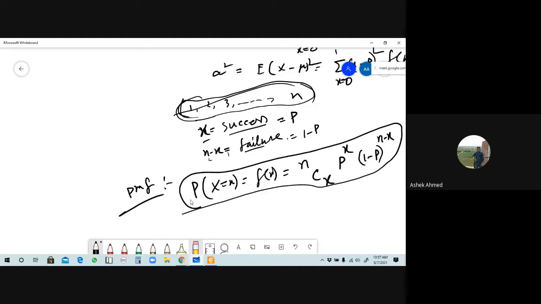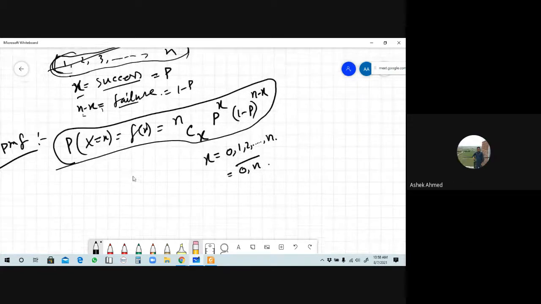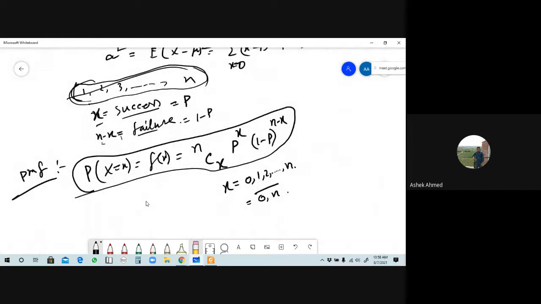But you have to remember that the values of x in that case will be 0, 1, 2, dot dot dot up to the highest value n. Okay, the values of x will be 0, 1, 2 up to n, so we can say 0 up to n here, understand? So আরেকবার একটু রিপিট করবেন পিএমএফটা।